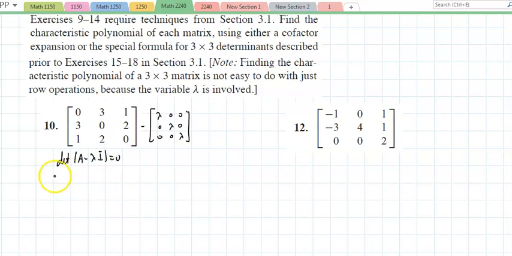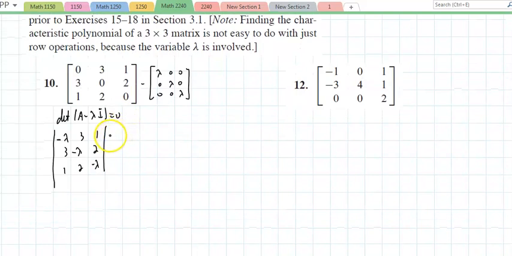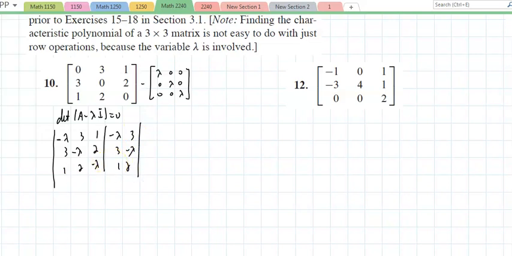So if I set the determinant here, I'm really talking about negative lambda, 3, 3, negative lambda, 1, 2, and 1, 2, negative lambda. And if I want to find the determinant of this, there are many ways I could do that, and I really don't mind how you do it. I'm going to go by the product of those 3 using the shortcut. That is negative lambda cubed plus 6 plus 6 minus,